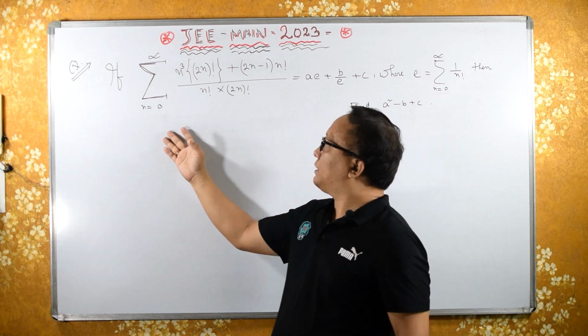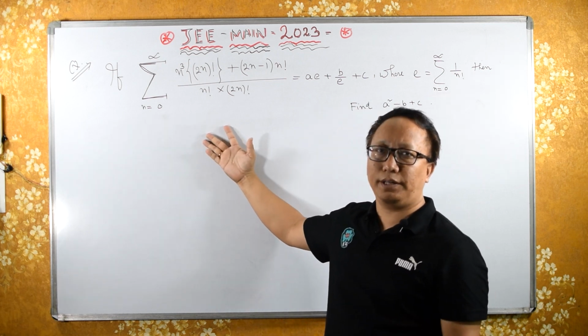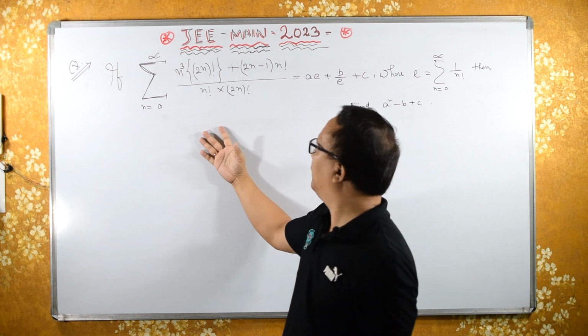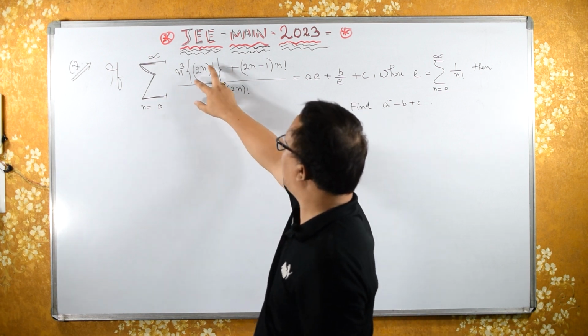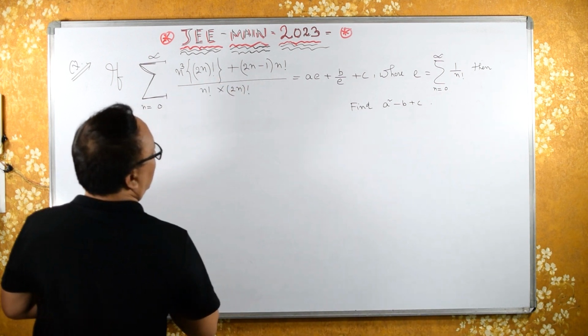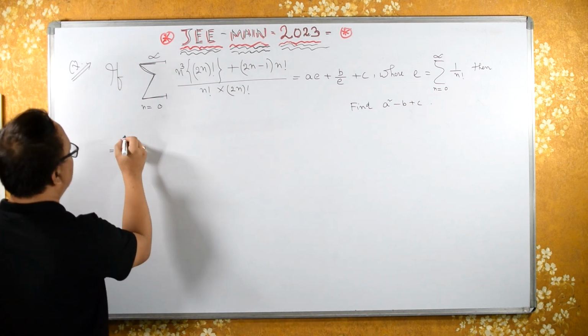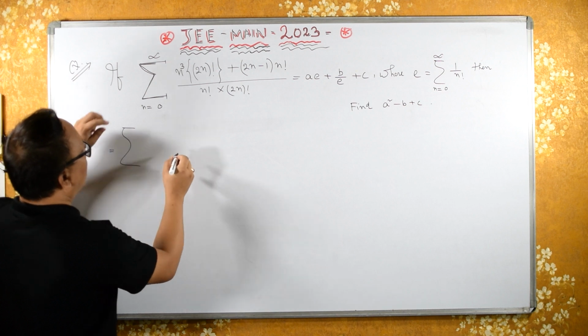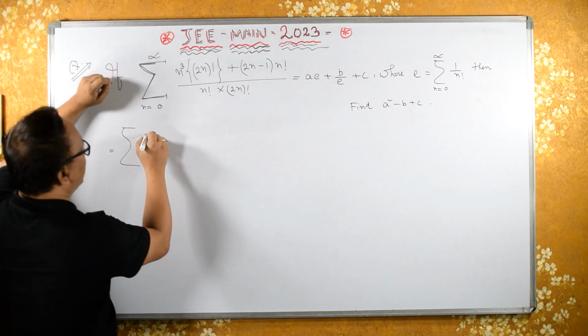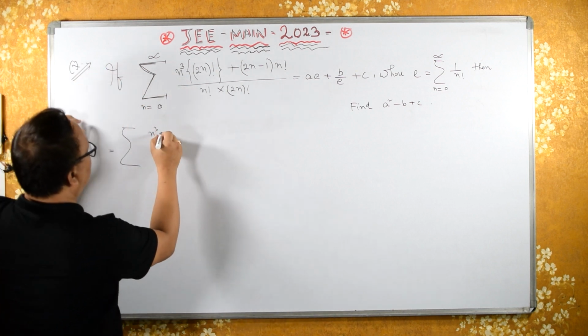This question is somewhat lengthy, so we need to solve it very carefully. Let's separate this. Okay, this equals to summation. So I'm separating this n cube upon n cube into